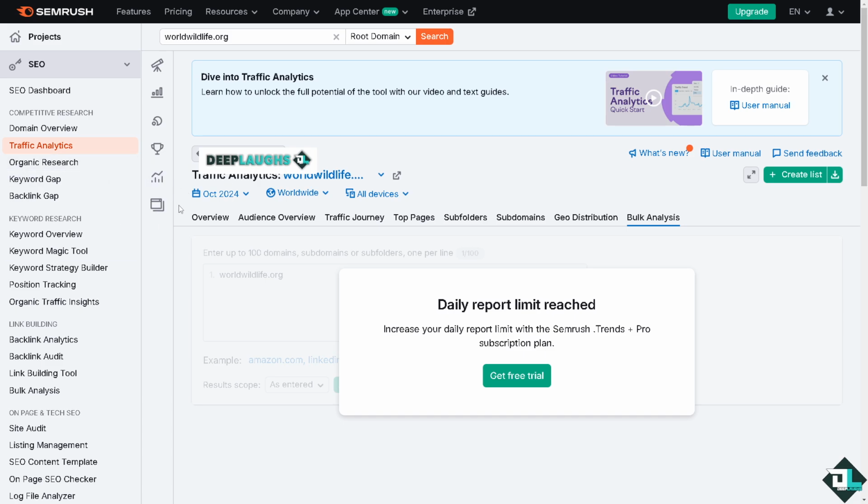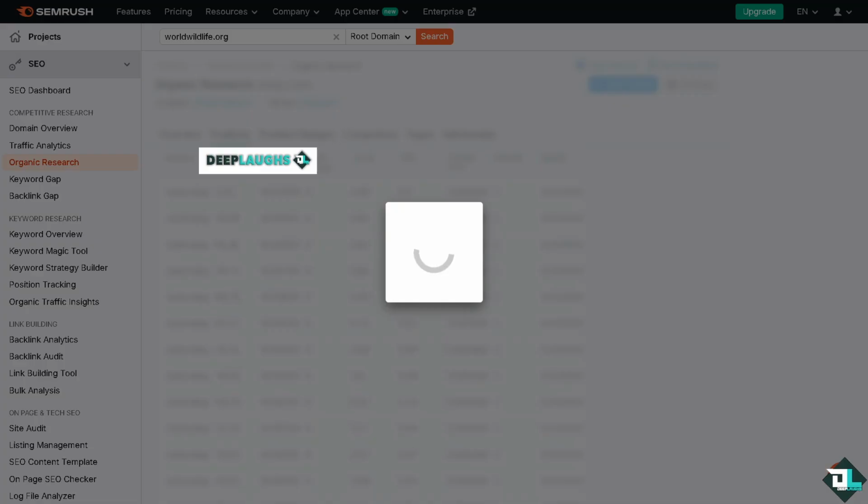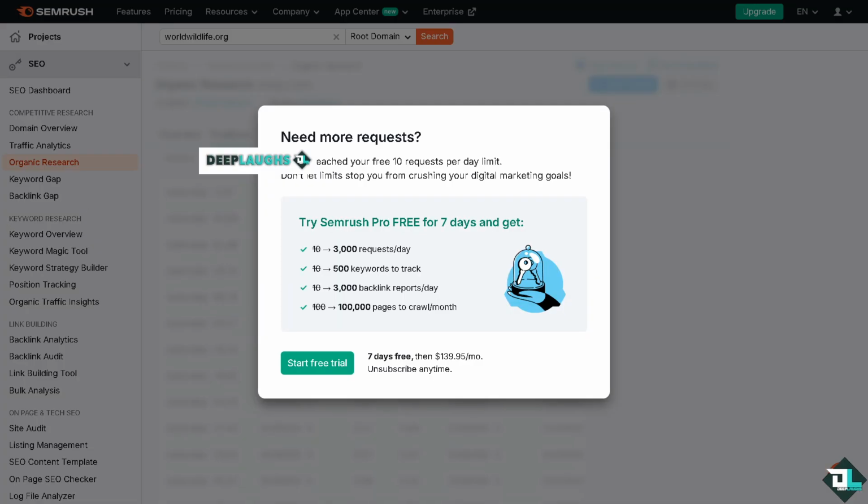All right, and in the organic research tool under the SEO section, again similar to that, you would be able to see the traffic trends over time, top performing pages in organic search. All right, and that's it for